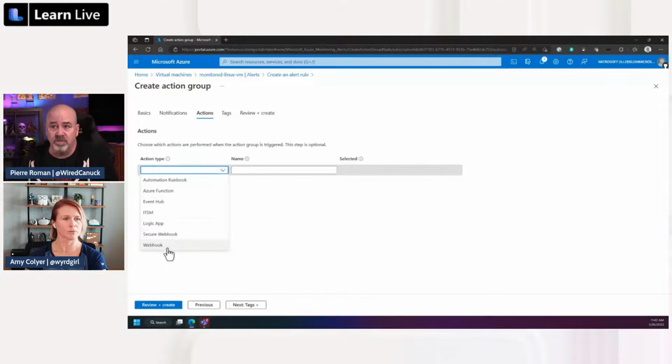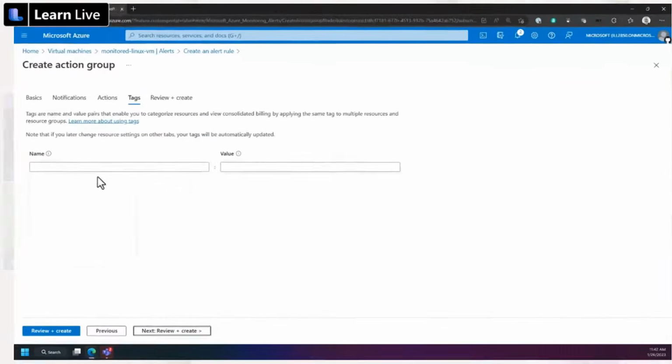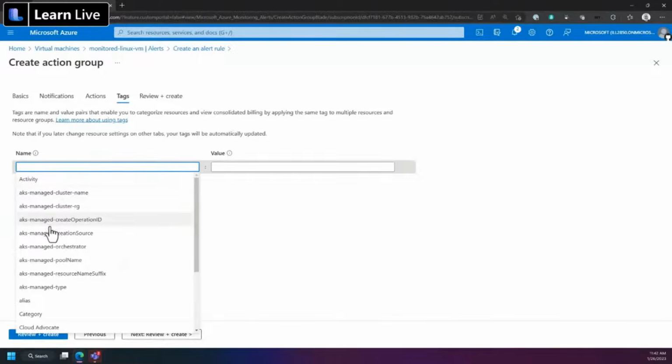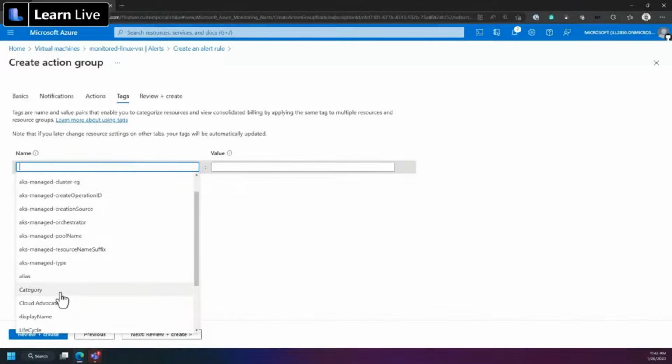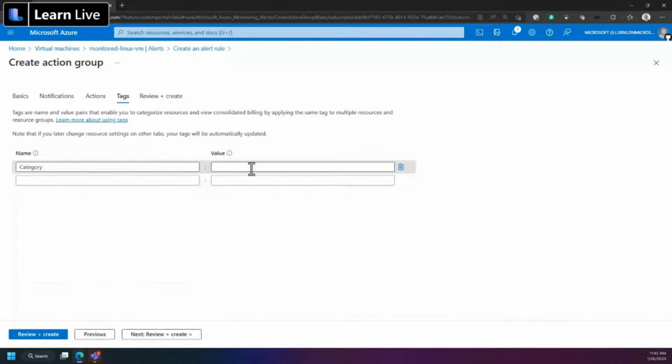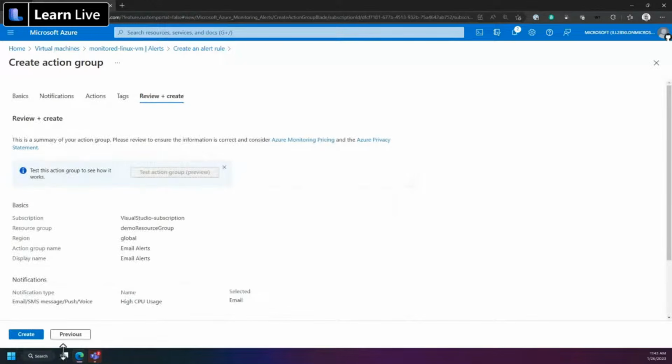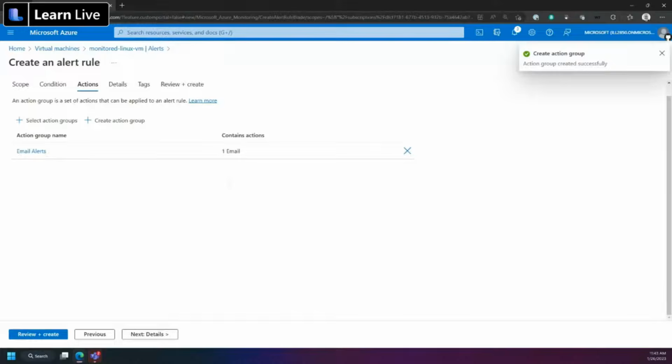So your automation runbook, your Azure function, you can send it something else to a logic app, and so on. So it's up to you as to what you want to do with that action once it's done. Now the tags, I'm a big fan of tagging my environment. Because this is in my own environment, I've put in a category as a demo. So when I clean up later, I can clean up those rules. And it goes out and creates the rules. So I've got my action groups and